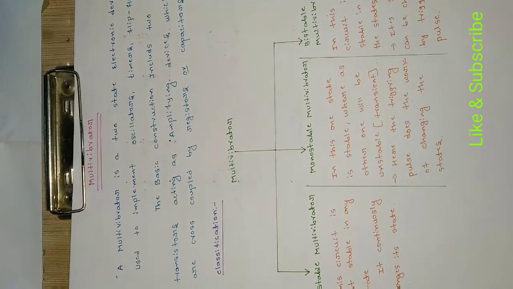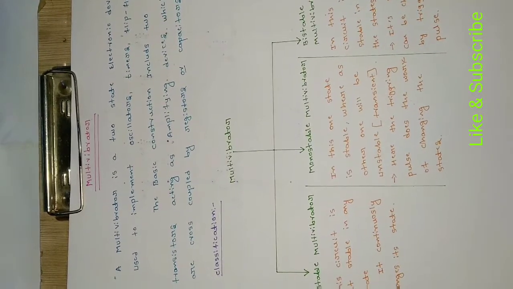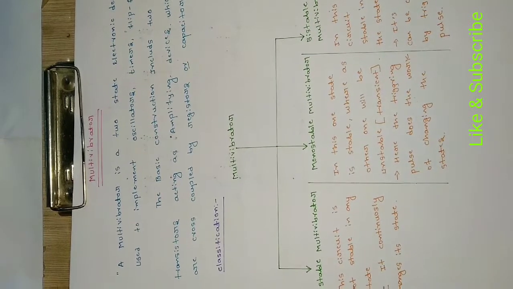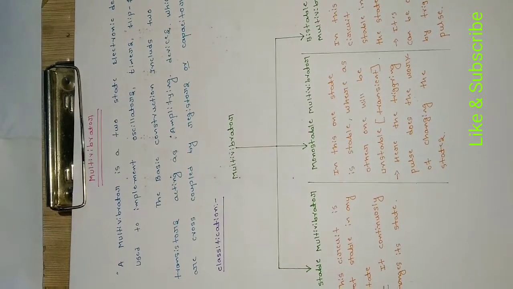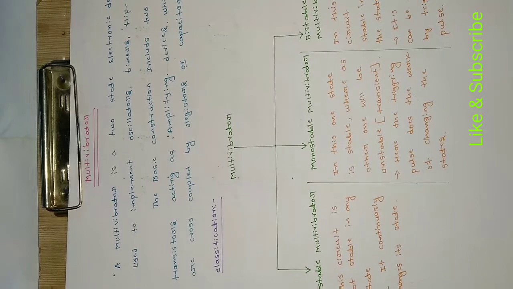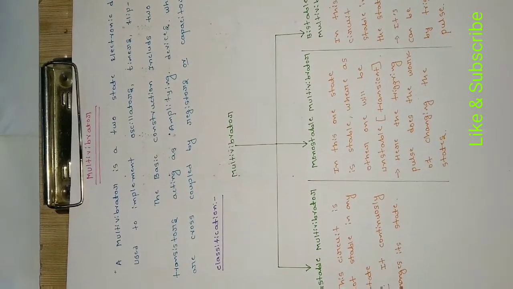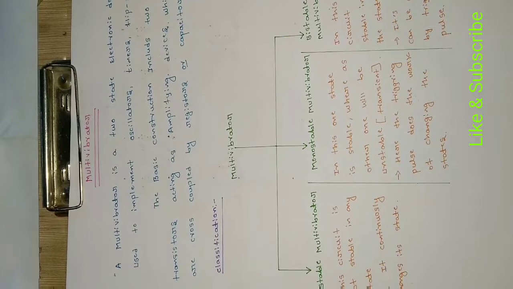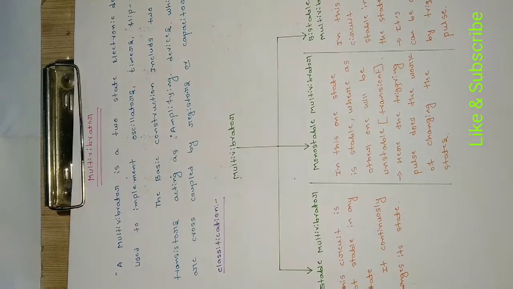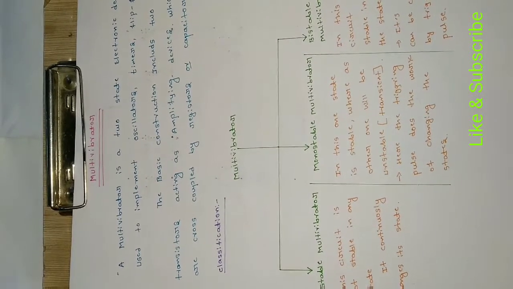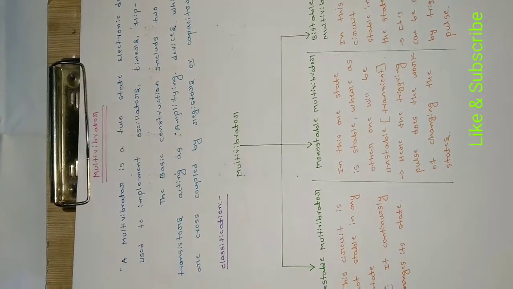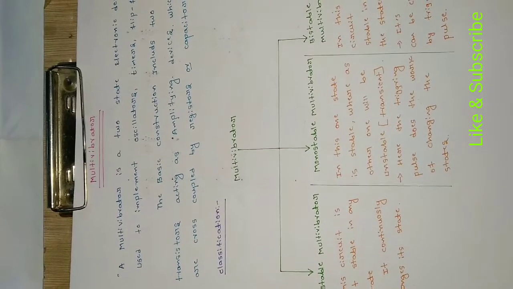That is the first criteria, and the second criteria is the output of both the transistors. We will be using two transistors in any of the multivibrators, either astable, monostable, or bistable. The output of each transistor should be 180 degrees out of phase with respect to the other, which indicates only one of them will be on at a time. We will see that in our further discussion. At this instant, just understand that a multivibrator is an important component which has either one or two stable states, and it is mainly used in oscillators, flip-flops, and other electronic circuits.